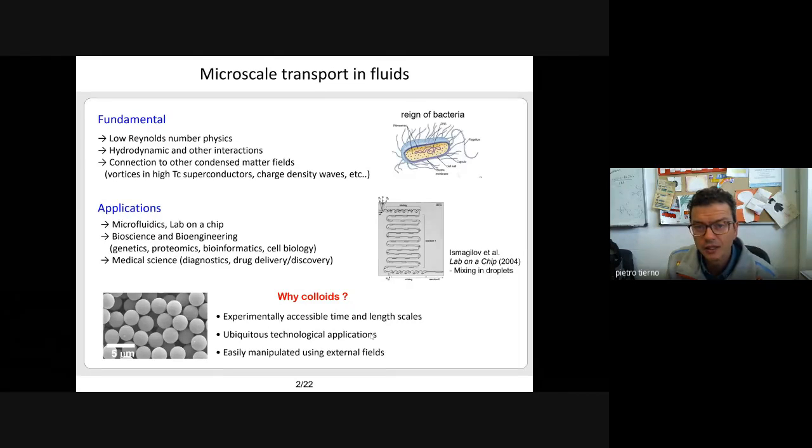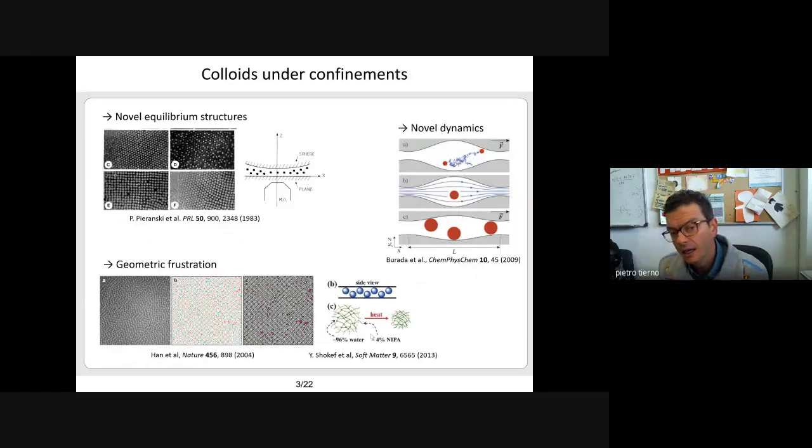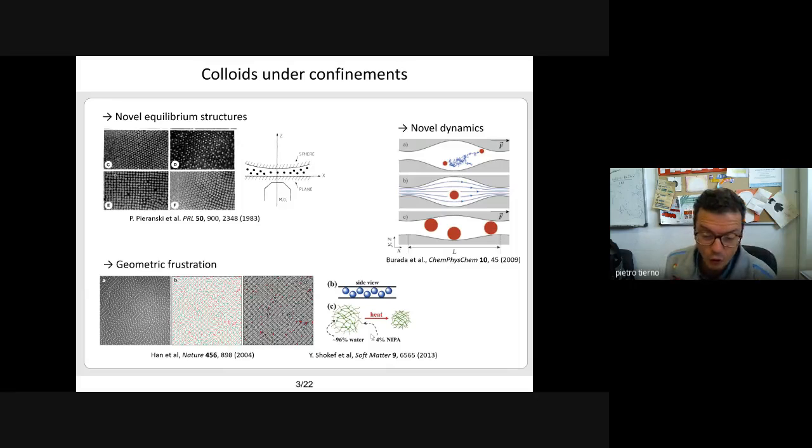After saying that, an interesting field of research is to investigate how the dynamics of colloids in the bulk is altered by the presence of a confinement. This is an old subject that dates back to the pioneering work of Pieranski in 1983, where he showed that colloidal particles, which are usually thought to crystallize into a simple triangular lattice because they have isotropic repulsive interactions that come from electrostatics, for example,